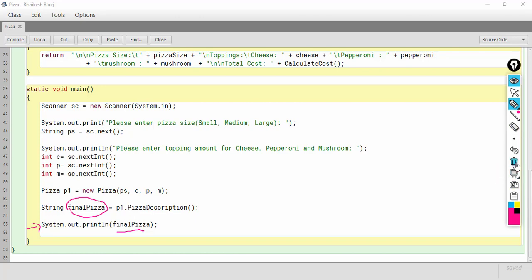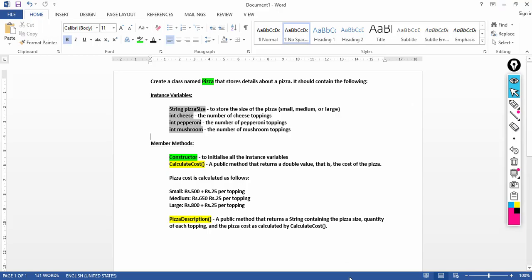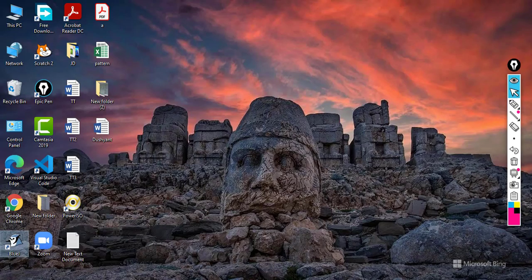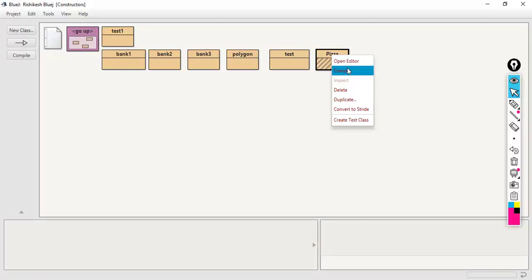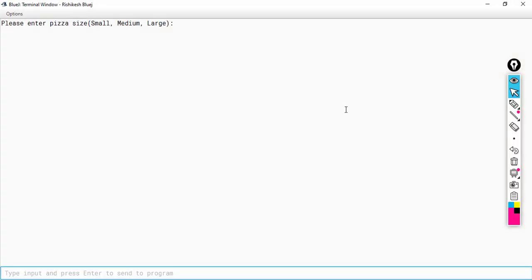Let's see the output. So let's enter a size here. Let's give medium size. So the size has been taken. Now let's enter the topping amount.